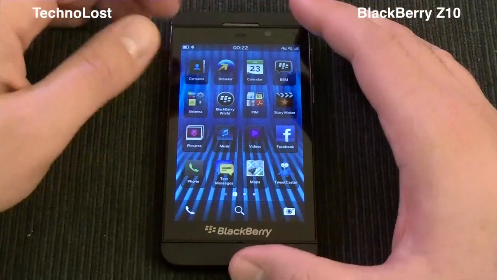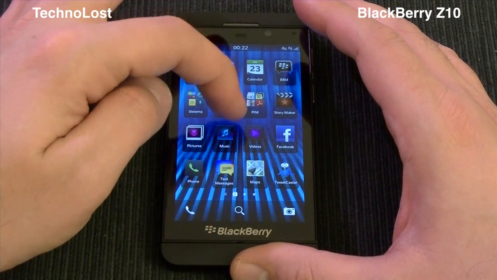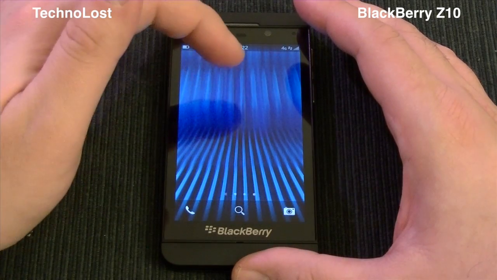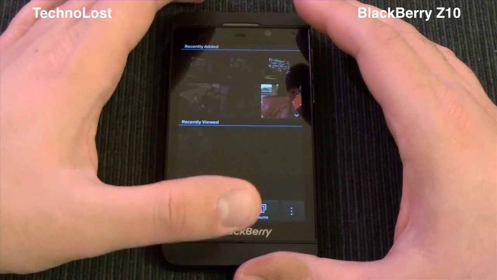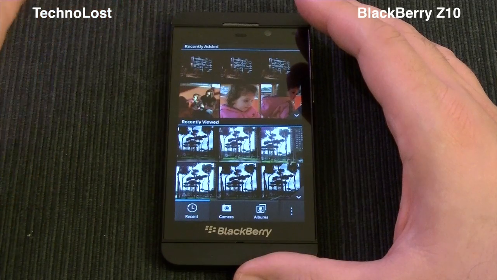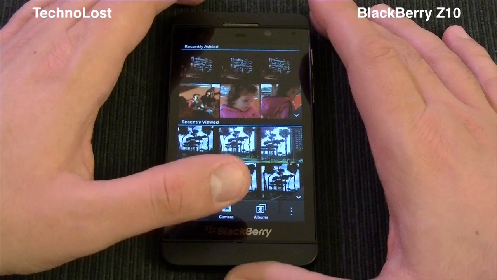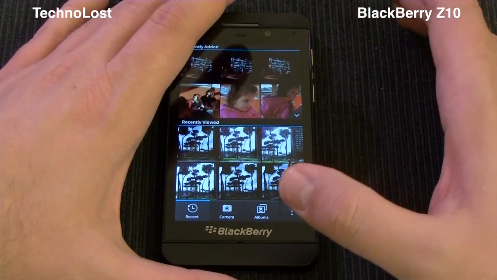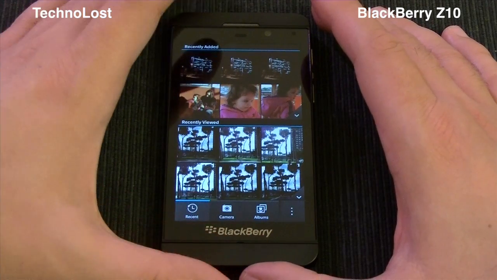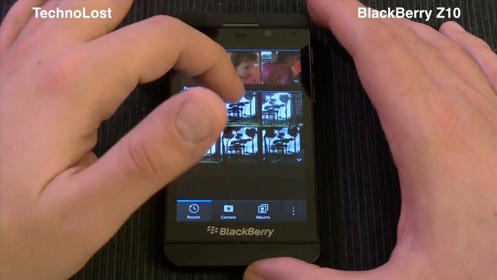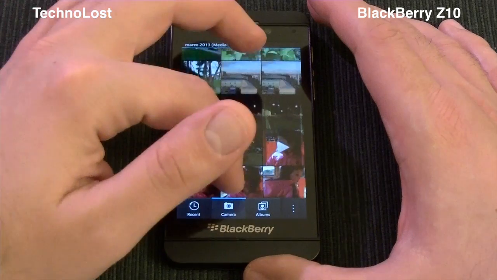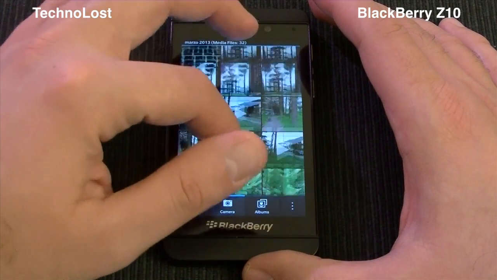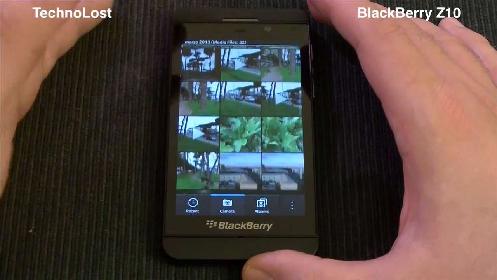We saw already the multimedia side. We saw that we have a very good music player, although we don't have any kind of equalization. We had very good pictures, at least for macro and well lit scenes. Well, we have a mixed bag for scenes when there's not too much light, and again it's quite good when we don't have almost any light at all. For what concerns the video, we have quite good video shooting with quite a high bit rate. We have 16 megabit per second on 1080p, for instance,